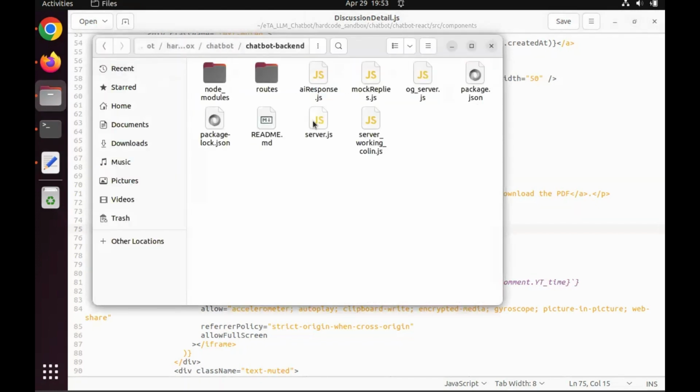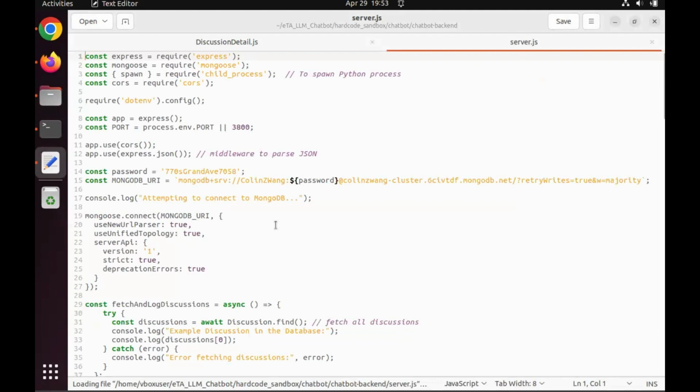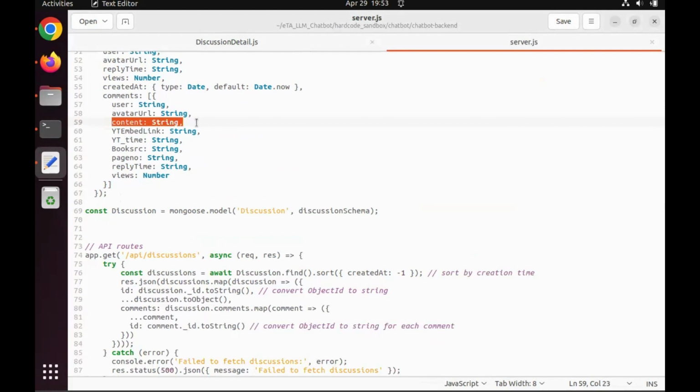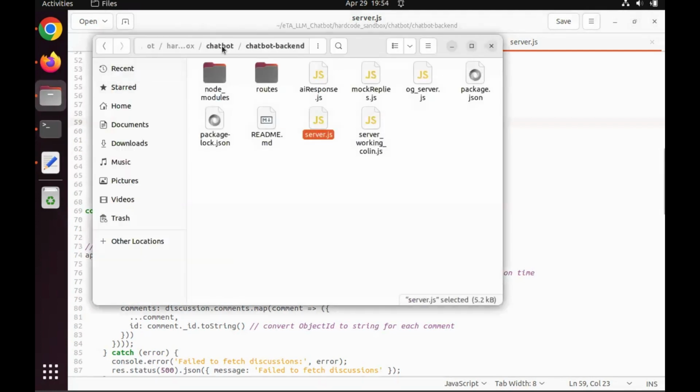So the back end is running with the server.js, and server.js outputs whatever our Python script outputs, and usually it would output the content, which is the response of the chatbot, any YouTube link and a YouTube time for the video, if that response includes a video time, and then the textbook or lecture source, as well as its page number. This is all connected with our